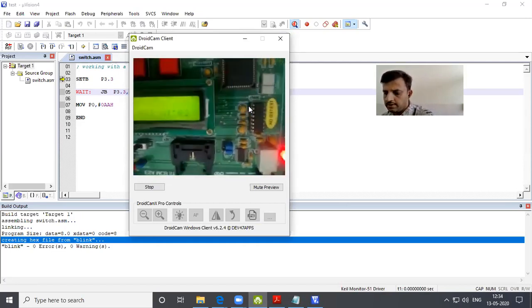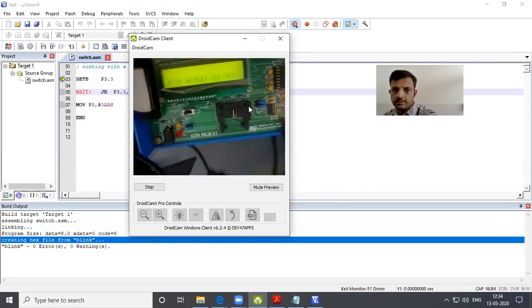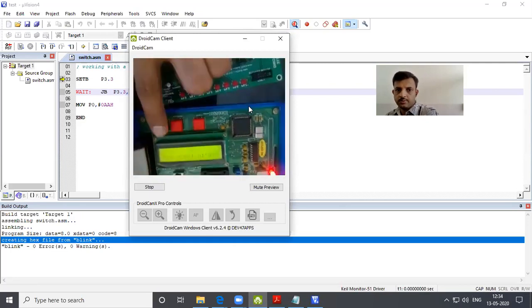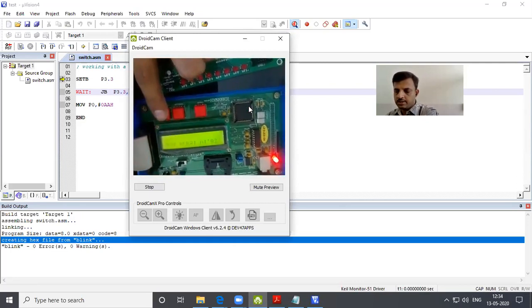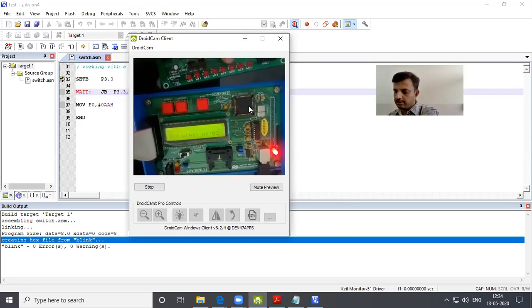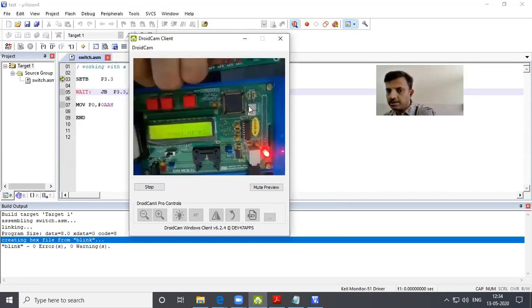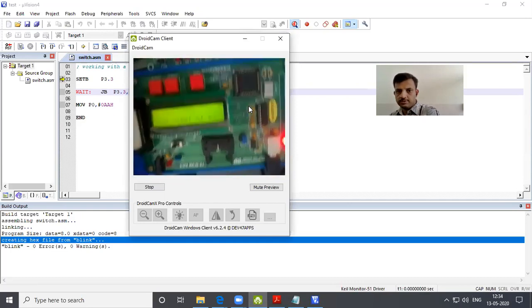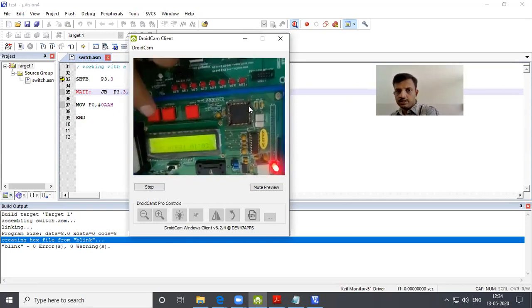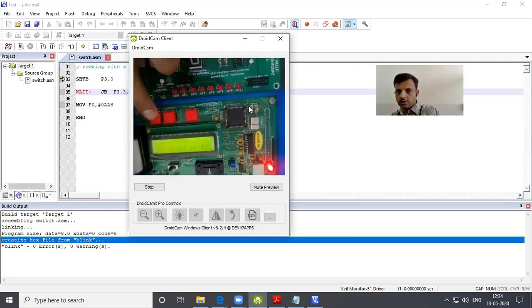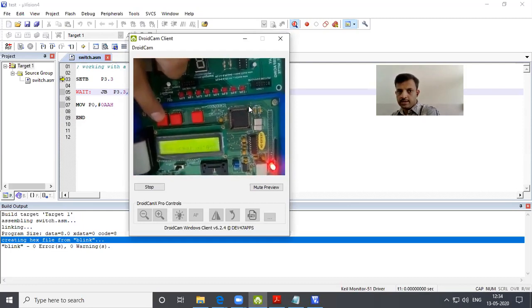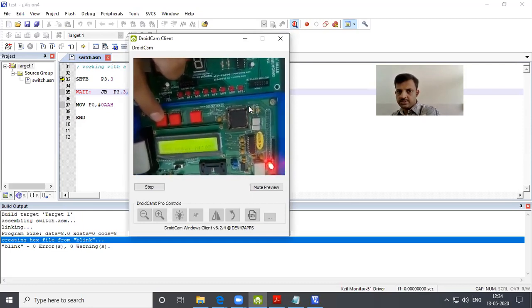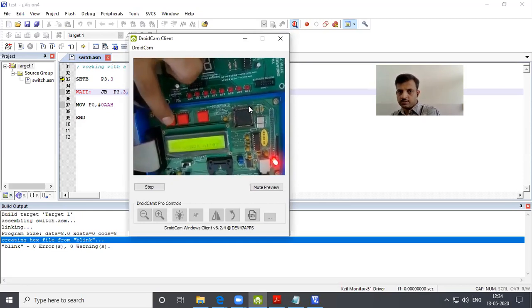This is port 3.3, the switch, and here is our LED. Now, if I press the switch, I'm going to get the LED action according to the code. We have the set bit instruction and jump on bit. So if I press the switch, then